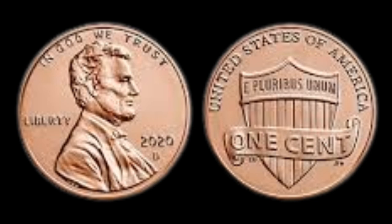miracle. And what makes this tale even more compelling is the possibility that there may be more out there, though likely only a handful if any, because error coins of this magnitude are almost always destroyed or pulled from circulation before reaching the public, so for one to not only escape but survive in such perfect condition is both baffling and thrilling. And it has sparked a renewed interest in error coins of all kinds, with collectors nationwide racing to revisit their own collections, scan through bank rolls, attend coin shows, and post online images in search of anything that might resemble the now legendary 2020 penny, and forums have been flooded with amateur and professional coin hunters alike comparing details,